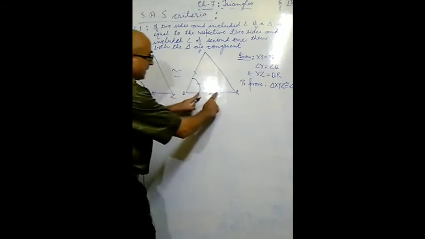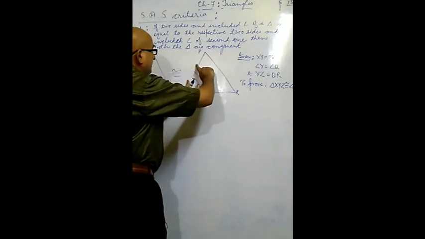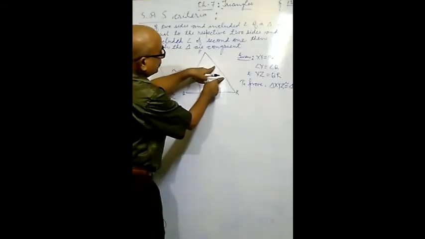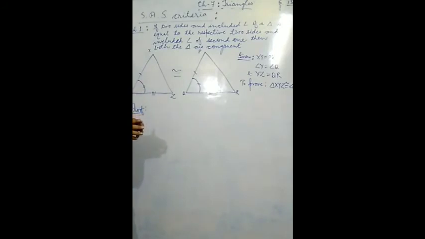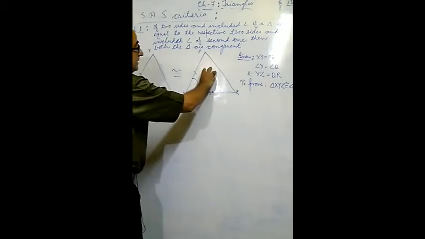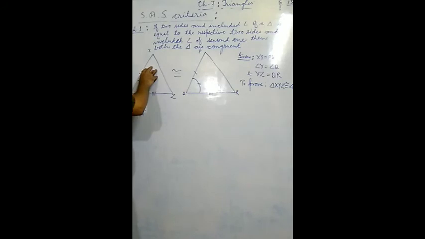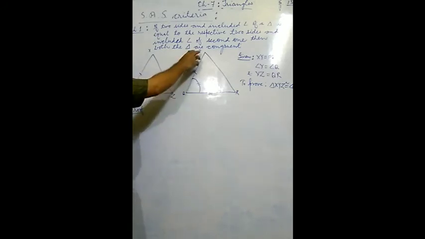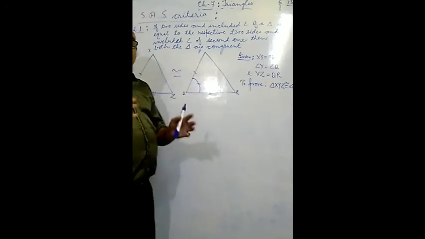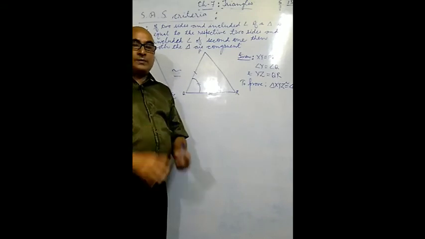Now this side is coincided with this side, this one is coincided with this side, and this one is coincided with this side. Means all three sides are covering the three sides of the second triangle. It means the shape and size of this triangle is the same as the shape and size of this one, and therefore this triangle XYZ is congruent to triangle PQR. In this way, we have to justify that both the triangles are congruent on the basis of coinciding all three sides with each other.